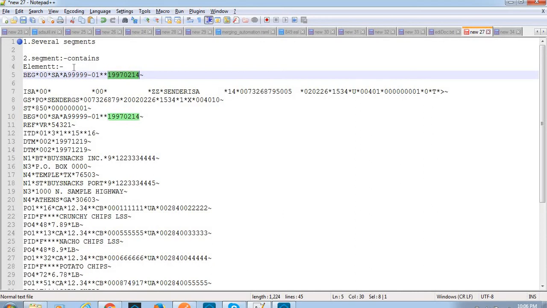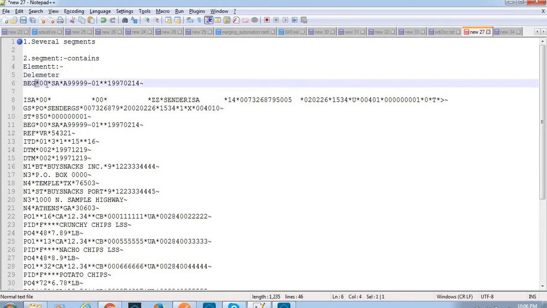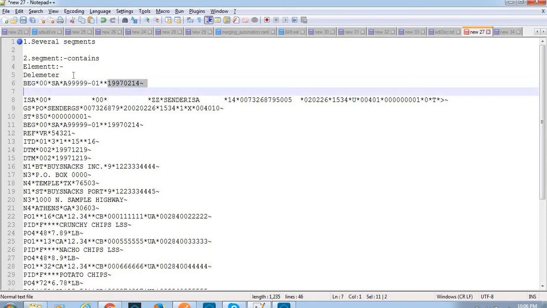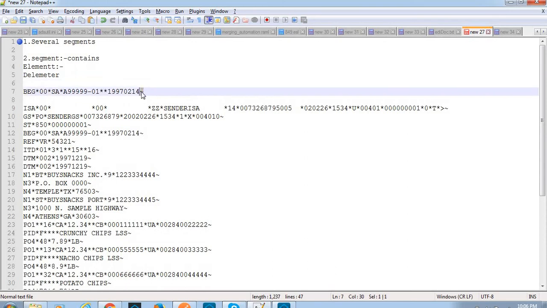Again, we have the delimiter. Each element is separated by a delimiter. Here we have a star. And the last one is this special symbol,